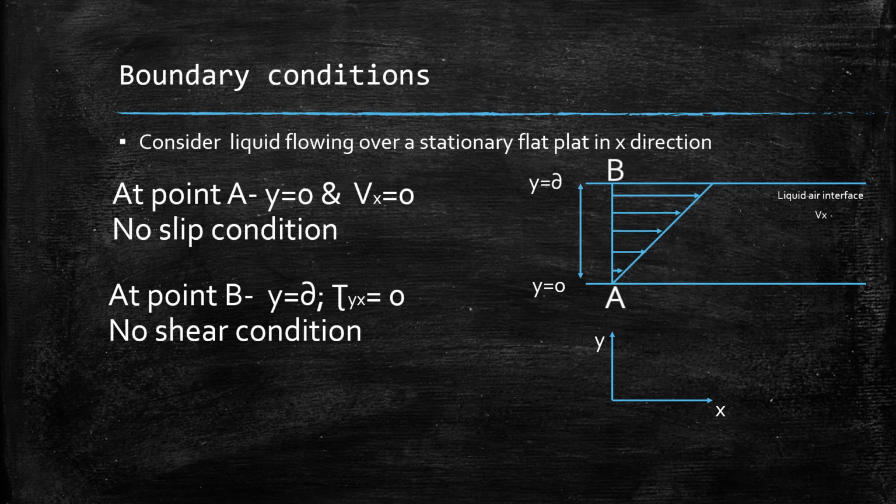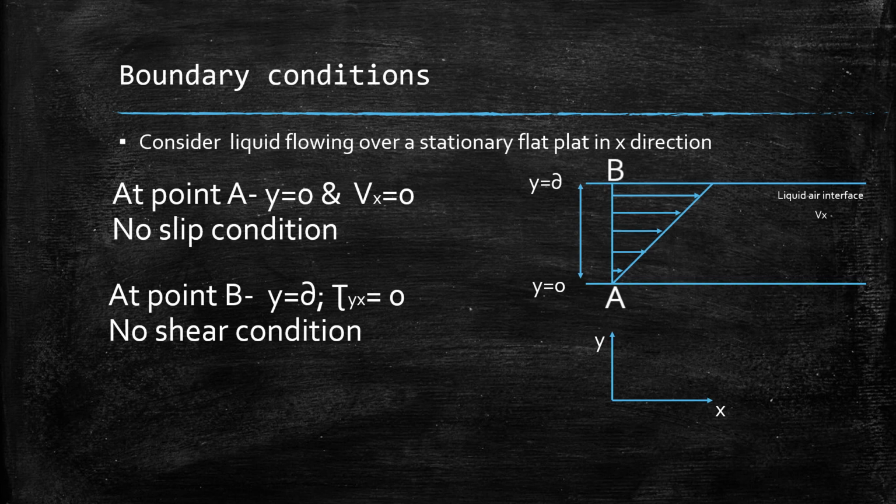Now, another question that may come to our mind is, do no slip conditions actually exist? For a bulk material, or where there is bulk handling of material, the no slip condition may exist, but for small channels like micro reactors and micro channels, we have to take into account the velocity of the layer which is just adjoining the surface, and there we cannot assume the no slip condition. So this is a basic fundamental assumption that we have taken to solve a particular scenario.